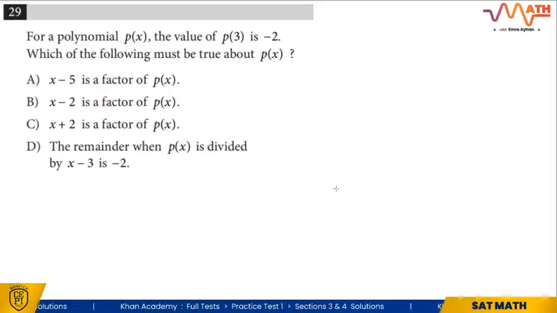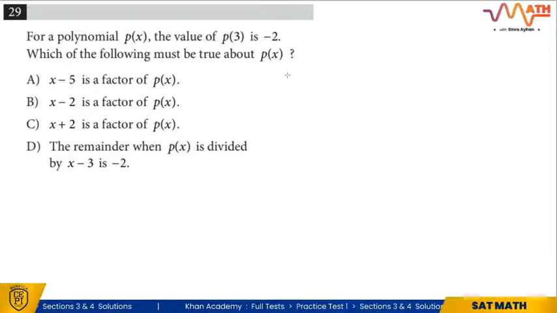29. For a polynomial p of x, the value of p of 3 is -2. Which of the following must be true about p of x? x minus 5 is a factor of p of x. We have no idea. x minus 2 is a factor of p of x. Also, we don't have any idea. No, this is like p of 3 is -2,